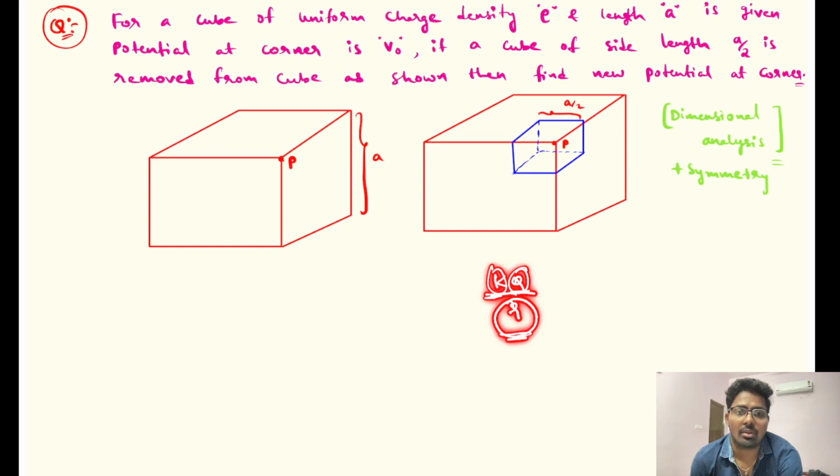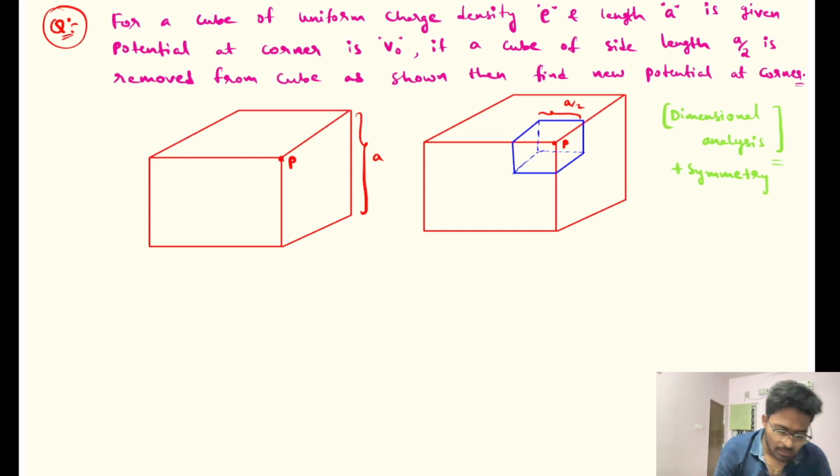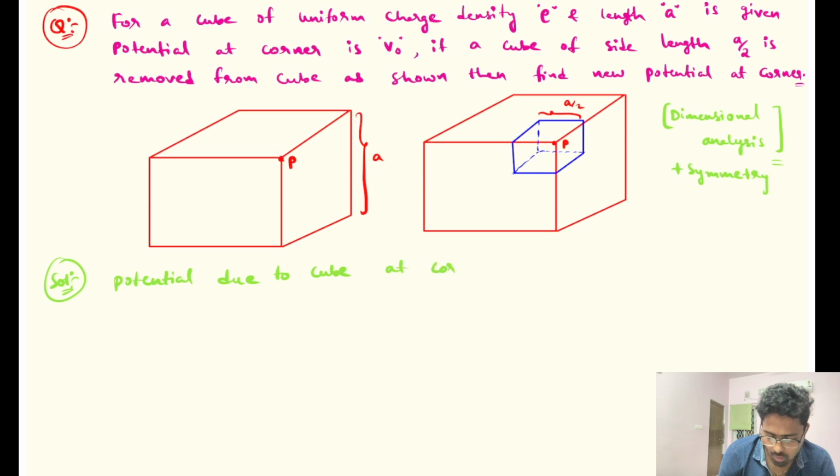The distance where you need to find. Similarly, here you can say the potential due to the cube at the corner